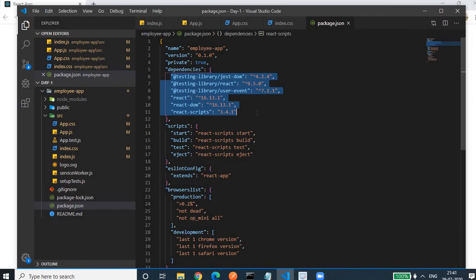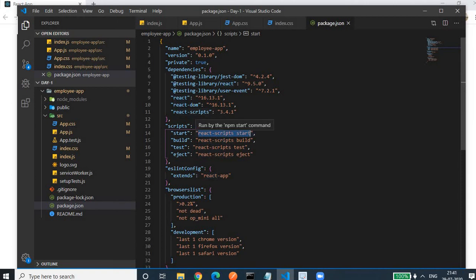This is all installed by Create React App. You don't have to worry about that. We need React version 16.13.1, React DOM version 16.13.1, and react-scripts version 3.4.1. For starting our application, we do npm start. When we do npm start, it actually executes this command, react-scripts start.